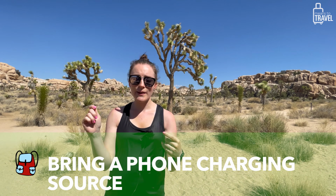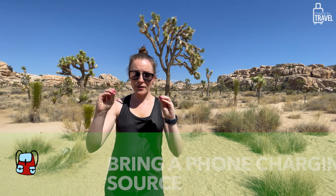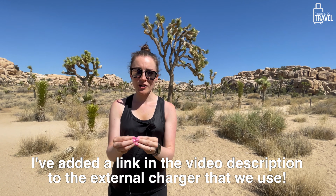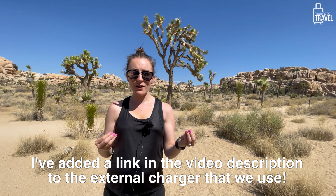Number one is make sure that you have at least a connector cord that can connect your phone into your car to charge it while you're driving, or bring an external battery that you can plug your phone into in order to charge. So we've been charging our phones the entire time we've been driving from place to place throughout the park, but they still wear on battery because there's no cell phone service, and so it's been straining the batteries of our phones, and we just want to make sure that we warn you guys to think about that